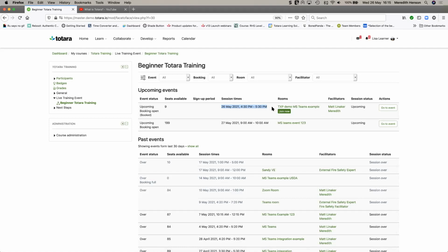I can, if I'm not using Teams or Zoom, put my own custom link to my preferred web conferencing system, or I can use physical rooms or a combination of the two. And for anything physical, like a piece of equipment or a room, you've got resource management and calendar booking, but you can also add facilitators and link these to actual users within the site, and again, set up a calendaring or resource management to prevent double booking.